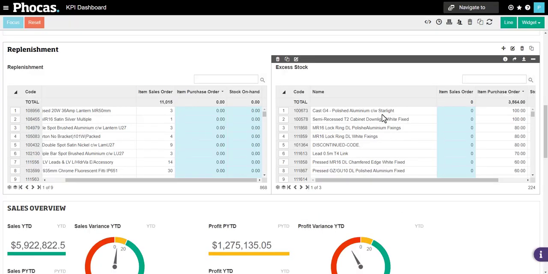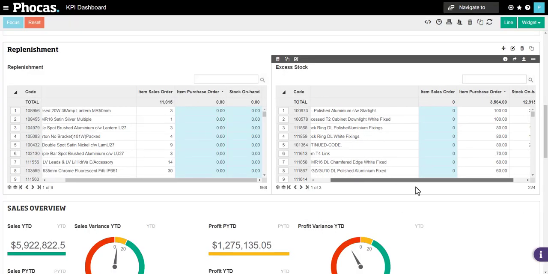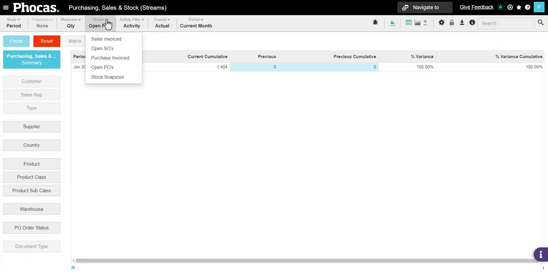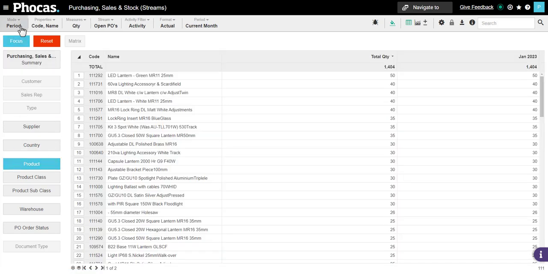In this video, I'll show you how to create an excess stock favorite. You will need to have a database with open sales orders, open purchase orders, and inventory on hand in order for this to work. You'll start by clicking on the product or item dimension, then choose Custom from the Mode